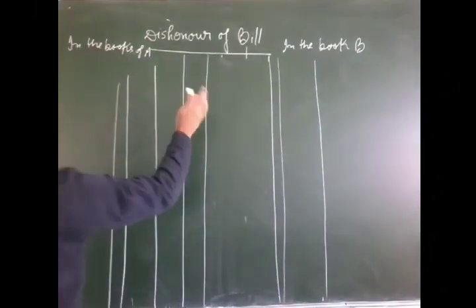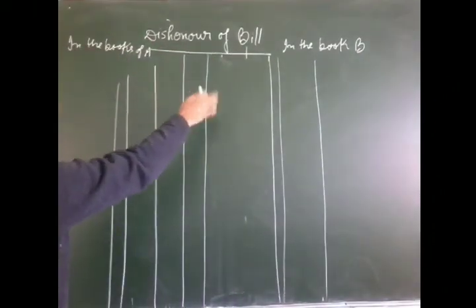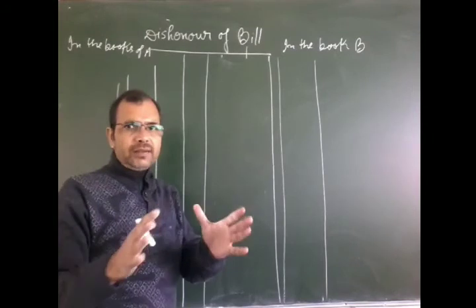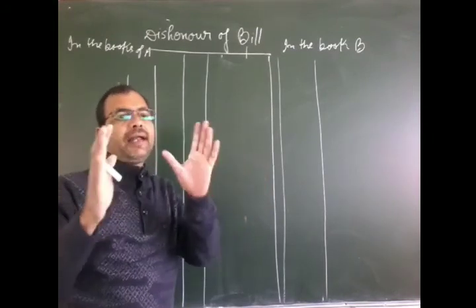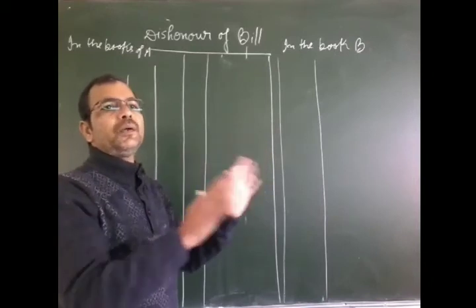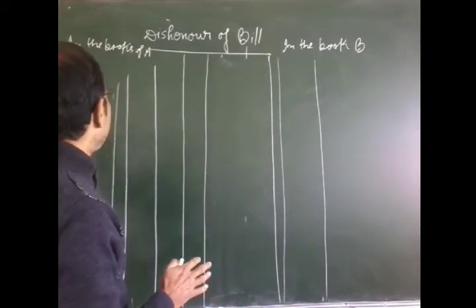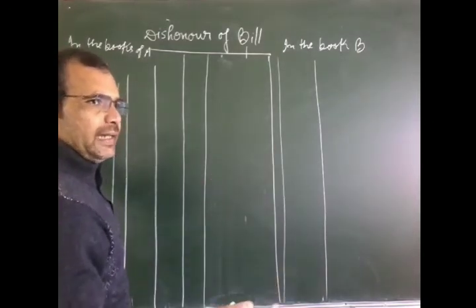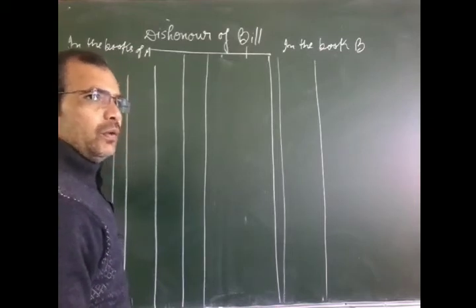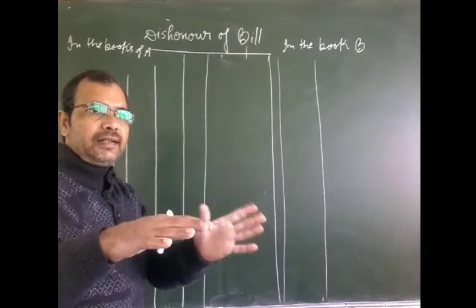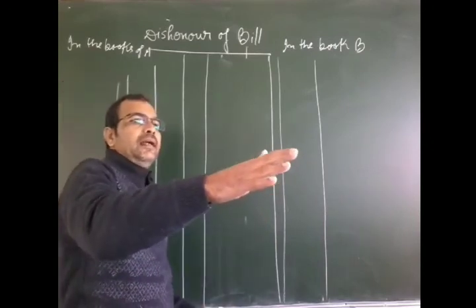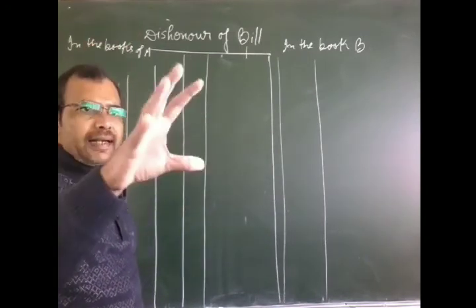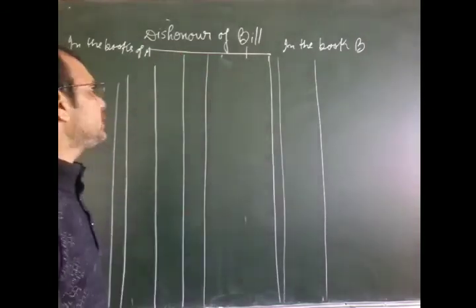Now we will see the second condition of dishonor. This condition will happen when the bill was discounted from the bank, and the rate of discount of the bill is given in your question. So we will pass the entry of discounting of the bill. What is the entry I have told you? Cash account debit, discount account debit to BR. And after that, when the purchaser denies giving the payment to the bank, at that time the second condition of dishonor will happen. Now we will see the entry.